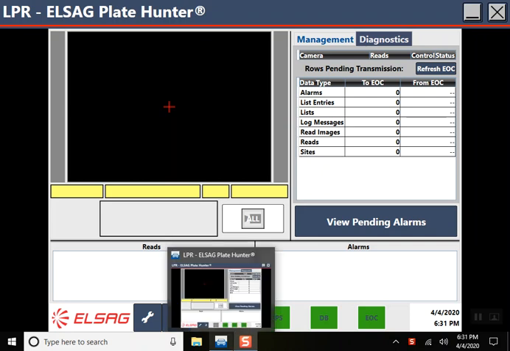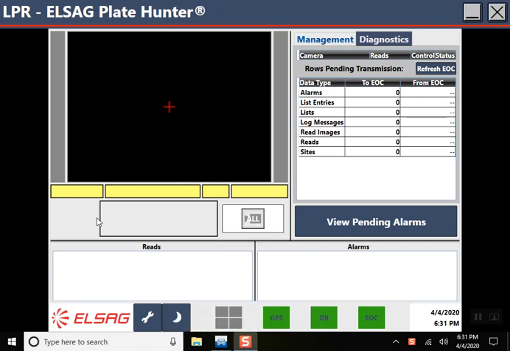In this video, we're looking at a complaint of the LPR system cameras not working. The user makes contact, says the cameras aren't working, or you're looking at your system yourself, your cameras aren't working, not getting reads. Log in. This one is a symptom where we see that both boxes are gray for the cameras